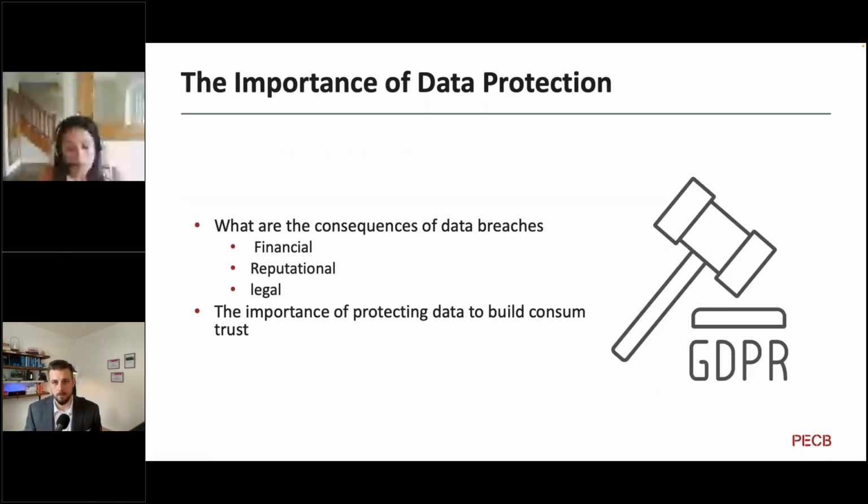So again, when we think about the consequences of data protection failures, we've already briefly mentioned that the risks are around financial risk, reputational risk and legal risk. When we think about financial risk, there are penalties from the EU supervisory authorities and also the UK supervisory authority, but also individual consumers can come to you for direct compensation. So there's quite a heavy financial risk in terms of loss of income and loss of customers, right across the board.